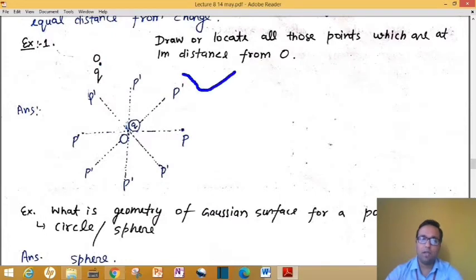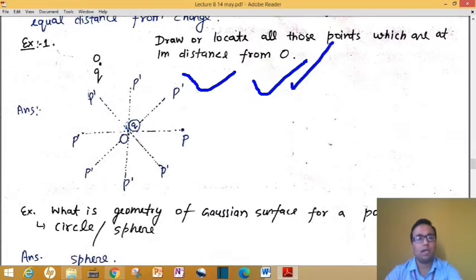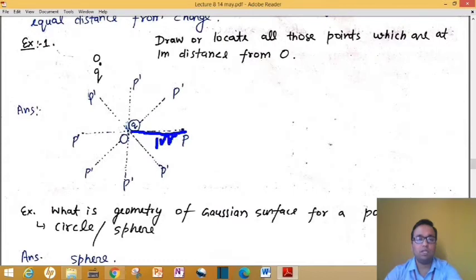Remember, I am taking a very simple illustration, but the concept which I am going to tell you will be valid for complicated examples also. We will always try to learn the concept with a simple example, then the same rule we have to remember, because the same thing will be applied in complex numericals also. Here it is easy to understand. So suppose we want to draw a Gaussian surface for this point charge, how will we make it? First of all, it is given that one point P is at a distance of 1 meter.